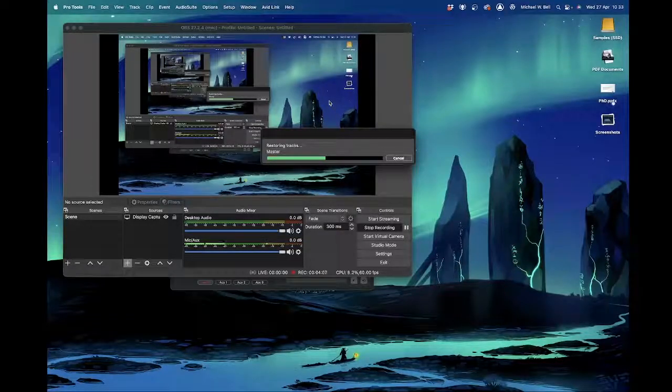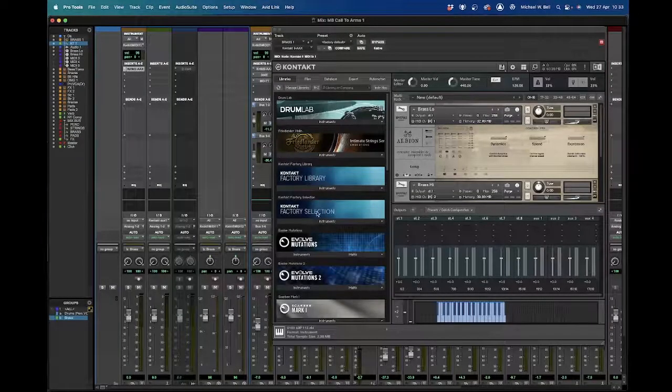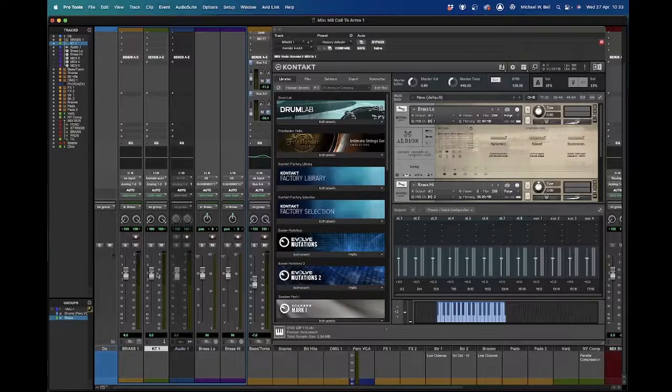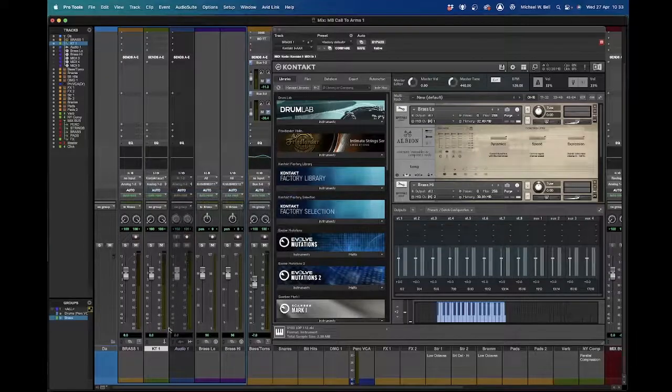Okay, cool. Right, so have I now got in this KT1 track that we created? Yeah. So Pro Tools won't do anything for you. You have to reconfigure it, right? I must have said that about 5 times now, right? So now if we choose Contact ST3, and then we come up to our brass saying we've got our output